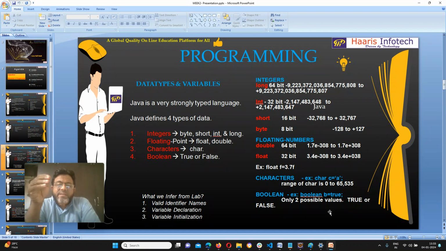So similarly, for short the range goes up to 32,767 and the negative values, which makes 65,535 in total. Getting that? That is 2 to the power of 16. Then int is 32 bit. So you could see here